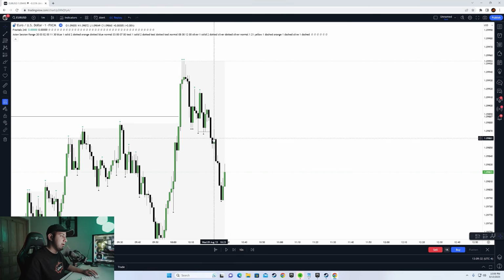So you see this fair value gap forms at 10:22, right? So once you get a shift in the market structure, that is a confirmation that our bias is aligned with the lower time frame, right? Your high time frame analysis is aligned with your lower time frame. So here's the fair value gap, right? And we simply take our entry from any fair value gap that presents itself. Okay,